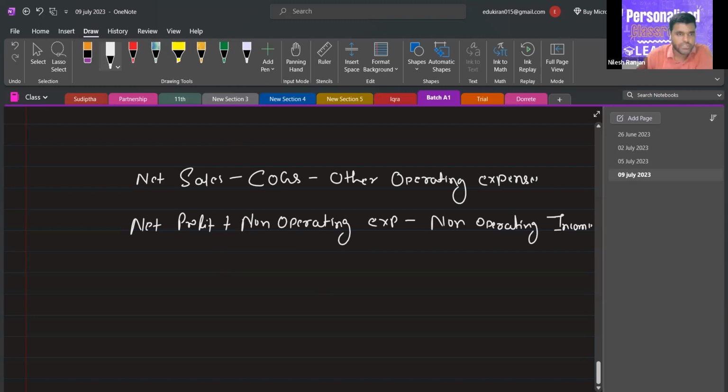So let's see. Purchase of a stock in trade. Now, can you find the impact on